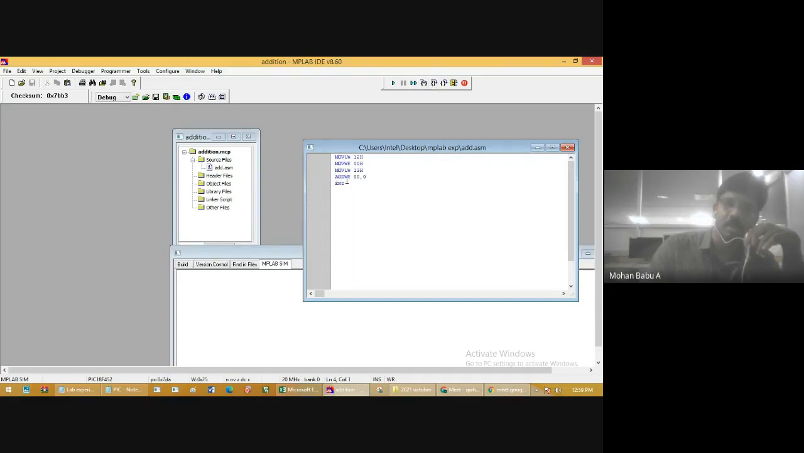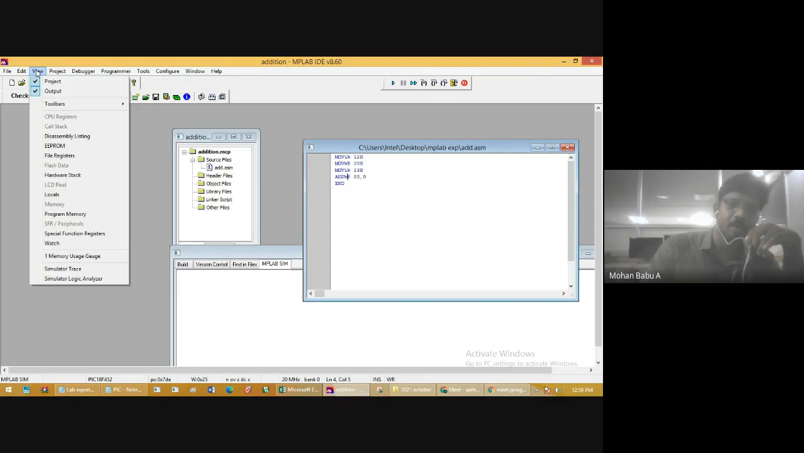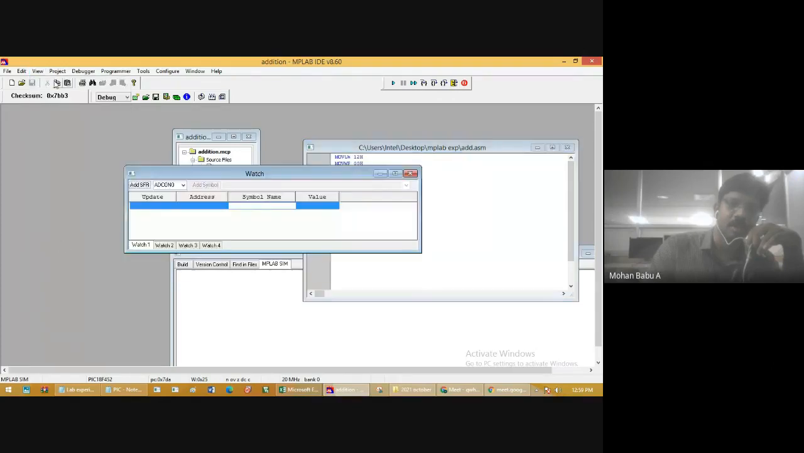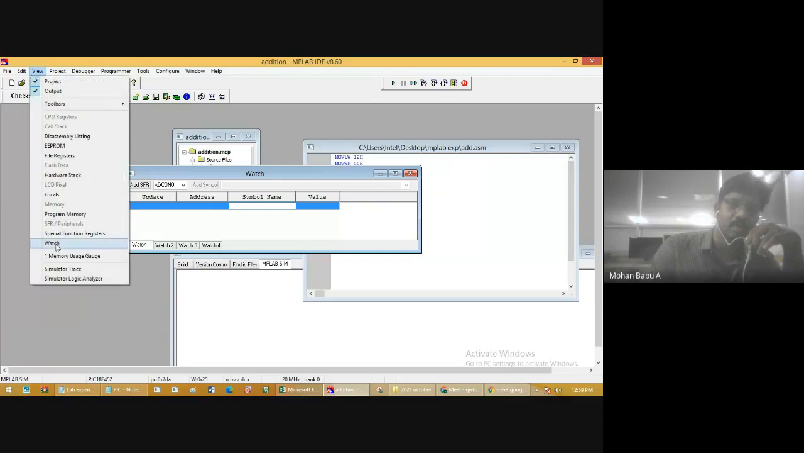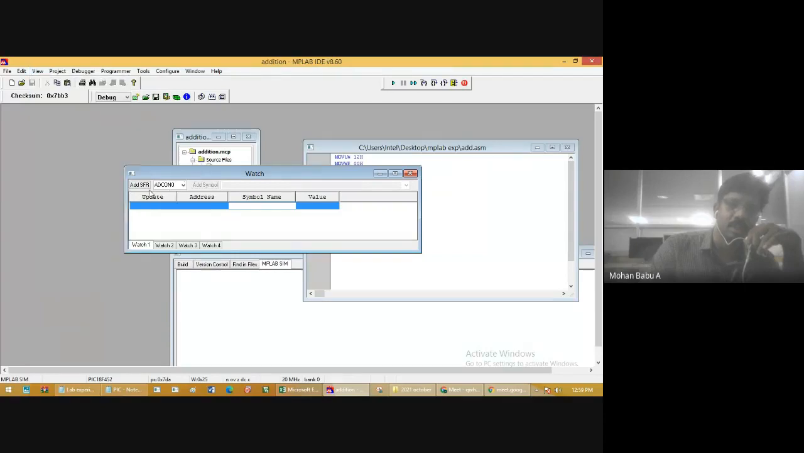Once simulation is over, refer to the output. How to verify the output? See in the program code. After performing the add operation, the result is stored in the destination. That is 0. It is in the working register. Go to the view. Click the watch view. Then click watch. In that, there is an option to add the